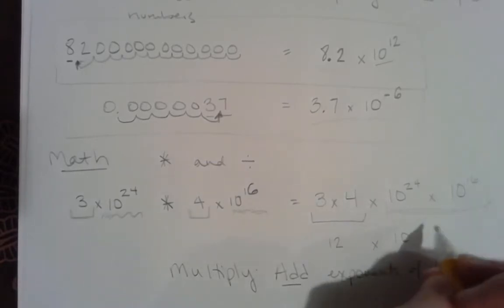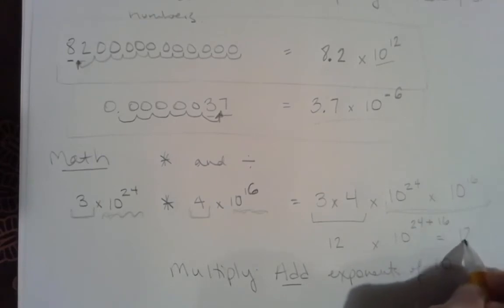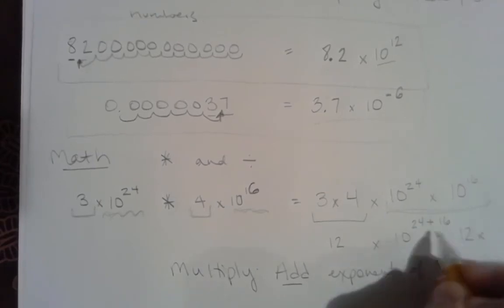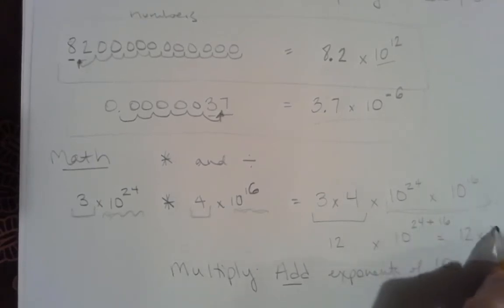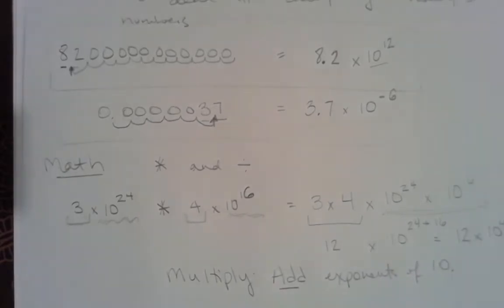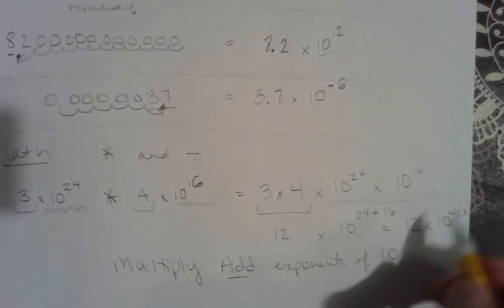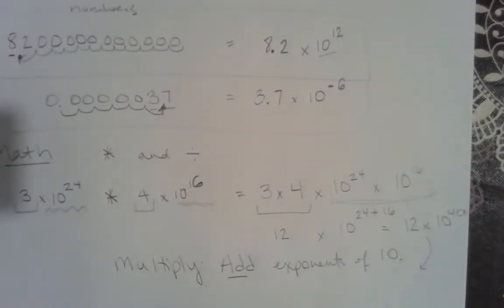Okay, so in this case, we've got 24 plus 16. And when we write that as your final answer, there's your 12 times 10 to the 24 plus 16, which is 10 to the 40. That is a huge number. I kind of ran out of space on the side, so I'm going to show you this last tip down here. This is close but not quite done